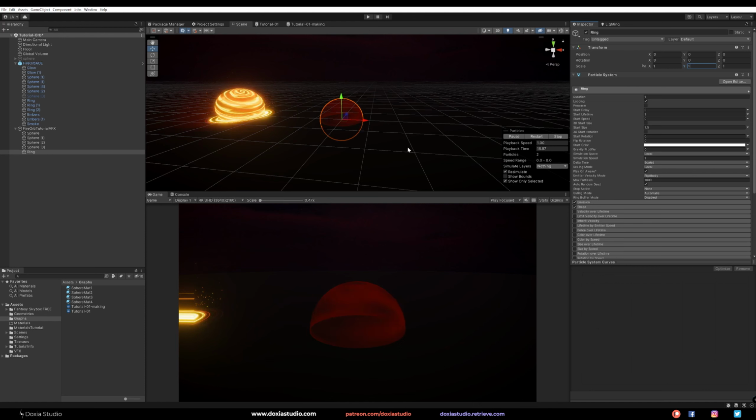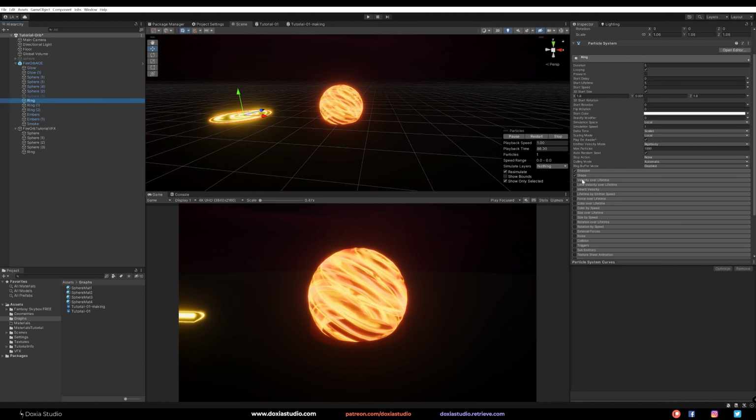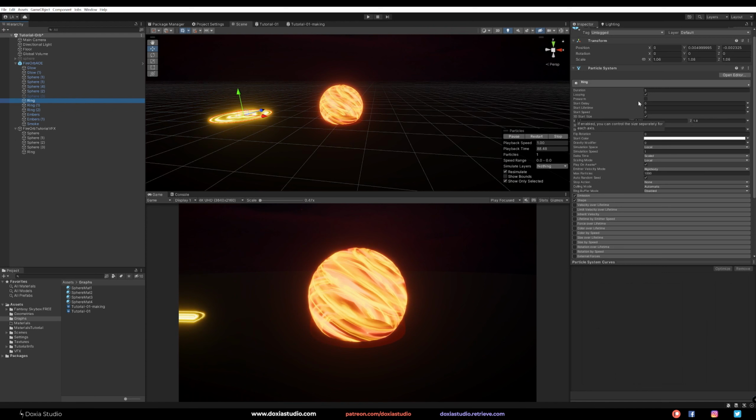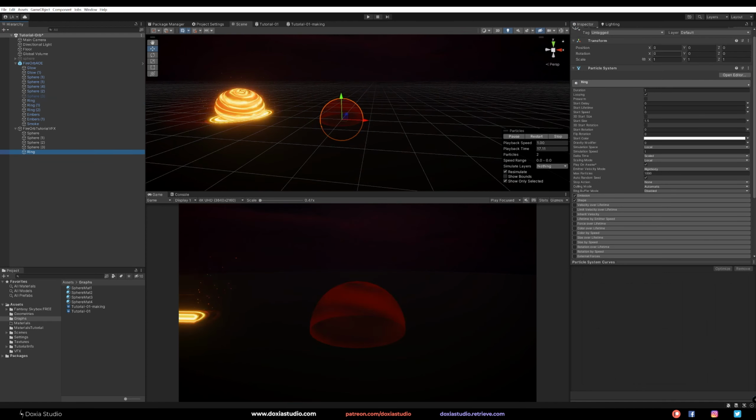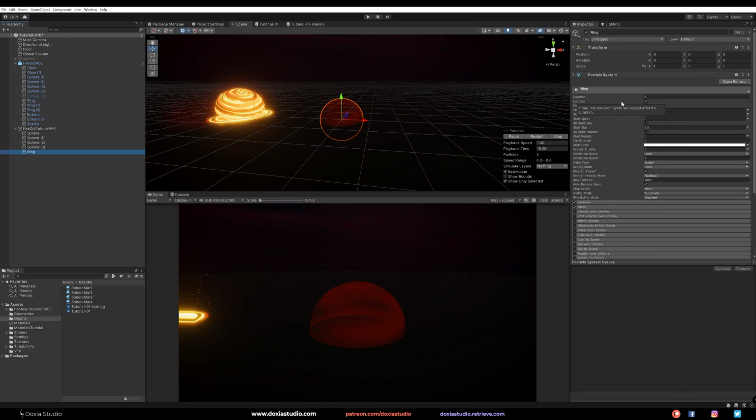Or if you don't want to change that, you can do as I did here on 3D start size. Because when you're working with transforms and so on with particles, it's good to leave the transform as it is, and try to avoid working with it.